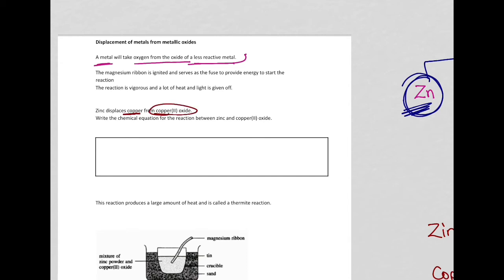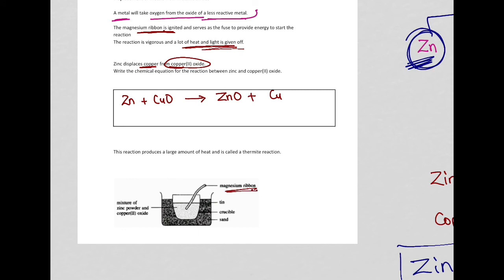The balanced chemical reaction is given here. Now for this reaction to occur, we need a source of energy, and this source of energy is given by magnesium ribbon. And magnesium ribbon, when it burns, you have seen before that it burns with a dazzling white flame. This dazzling white flame means that there is a lot of heat and a lot of light that is given off, and this energy is used to trigger the reaction between zinc and copper, and this is called a thermite